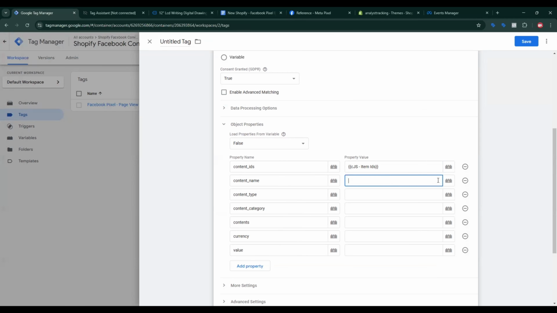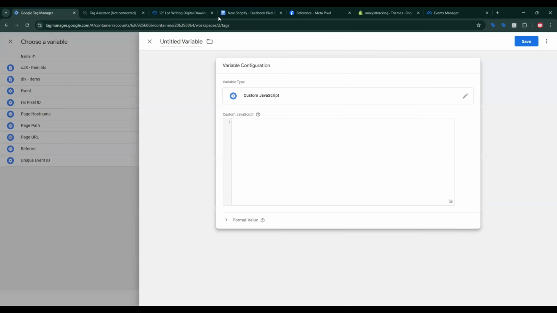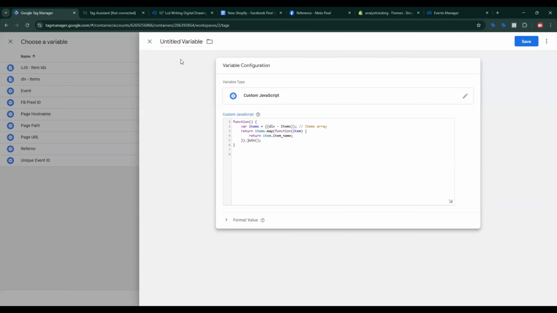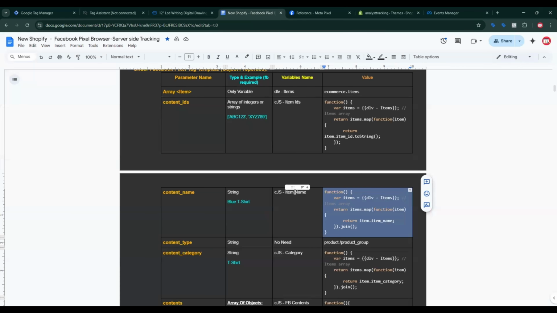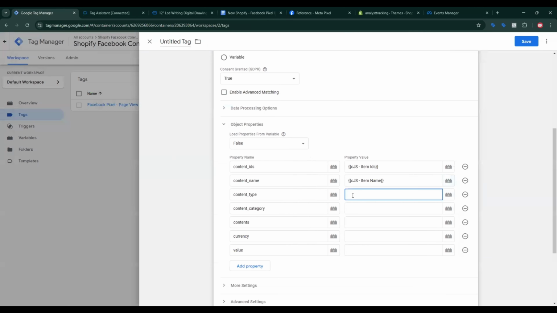Now I need to create one for content name. So again click on the plus sign, then find Custom JavaScript, then go back to my documentation, then copy this code, then give a name for this variable. The variable name is CGS item name. This code works for multiple product tracking. Then content type must be product, then content category, then again click on the plus sign,